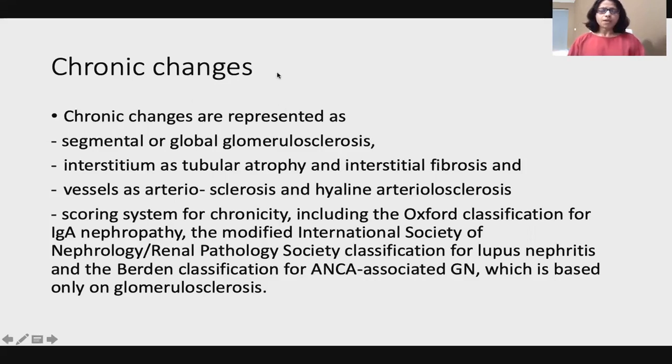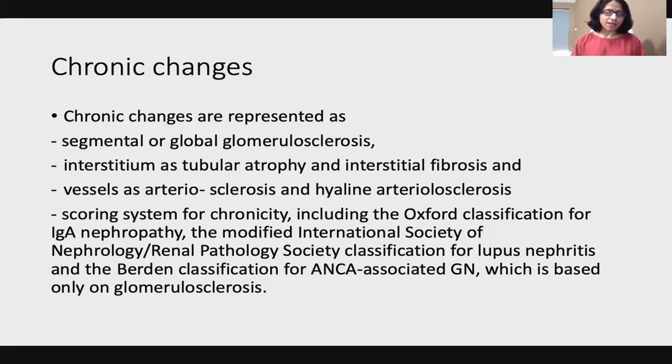Now, as I mentioned, the clinician wants to know how much chronic damage has happened in the background, so how much tubular atrophy has already occurred, so that they know whether it is early in the disease and the kidney is still relatively healthy and they can aggressively go in there and treat it, or is it a very damaged end-stage kidney and probably not much point in treating this, and they should prepare the patient for dialysis and possibly transplant in the future. So the chronic changes we are looking for are there.